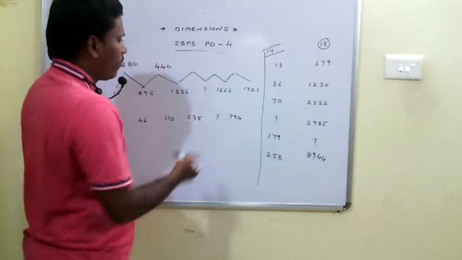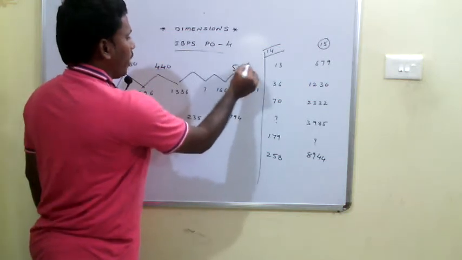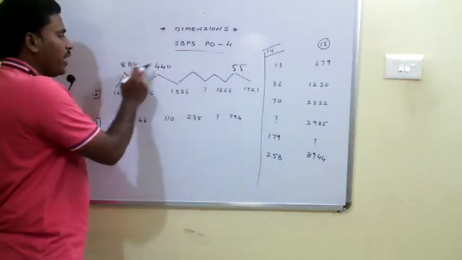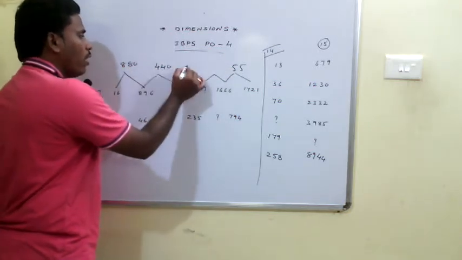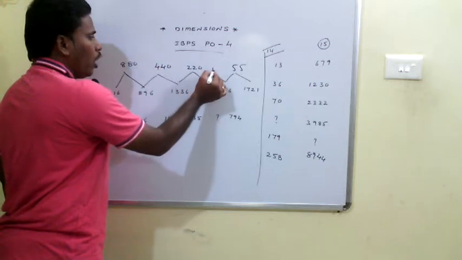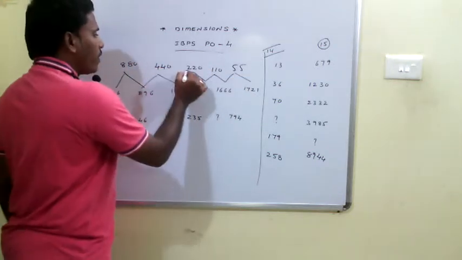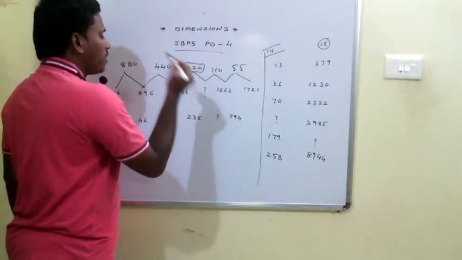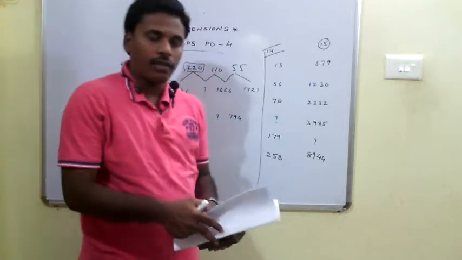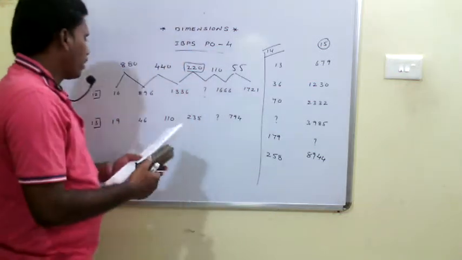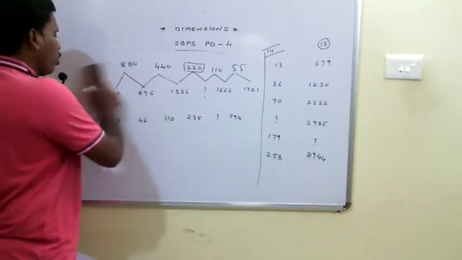If you calculate this difference, that will be 34 and then 21, that will be 55. See, this is 880, this is 440, this is 55. So 880 will half to 440, 440 will half to 220, 220 will half to 110, 110 will half to 55. This difference will be 220, and this missing term will be 1336 plus 220, which is 1556. Okay, that was the next term of the series. Right? Whereas coming to the 13th problem,